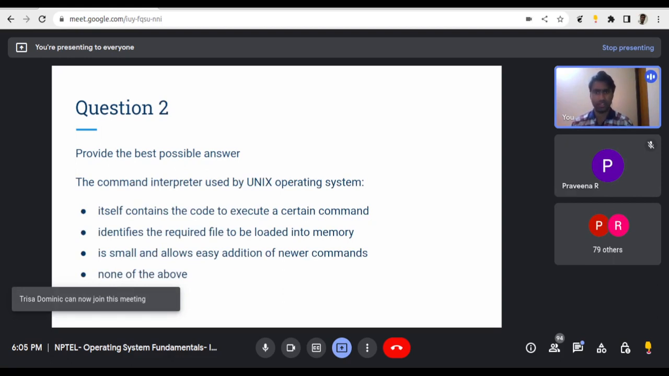So the command interpreter used by the Unix operating system itself contains the code to execute a certain command, identifies the required file to be loaded into the memory, is small, and allows easy addition of newer commands, or none of the above. So by command interpreter